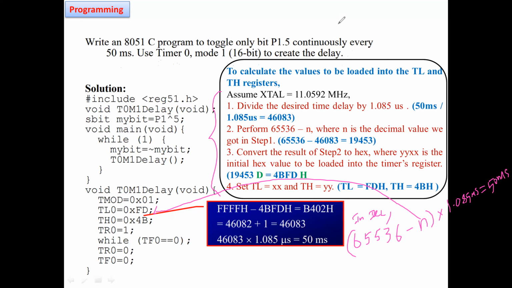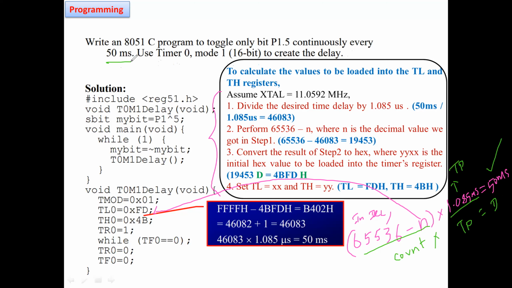Always keep in mind, the time period, these are all input to your timer. The time period is the input, that is the clock pulse, positive and negative clock pulse, both combined. This is what we call the timer period. This into the number of counts. Each and every time period, the count will be increased. Count into time period will give you the delay. This is the delay, and in the question they have given 50 milliseconds.